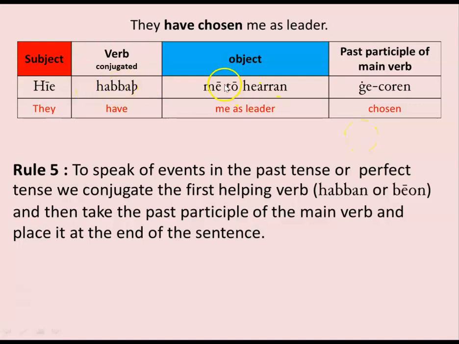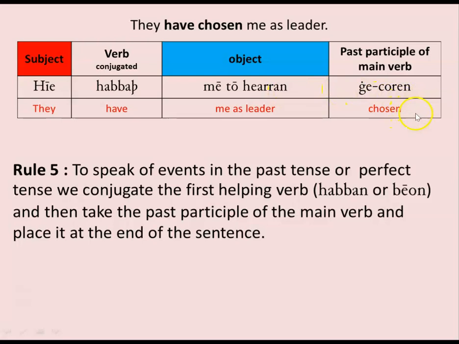So again, you might wonder why the me comes from here. So me tol hereren, me as leader, to in this case is taking the form as, and hereren should be the dative form. Here they, plural, present tense, habeth, they have me to leader, me as leader. To can be interpreted as. Hereren,